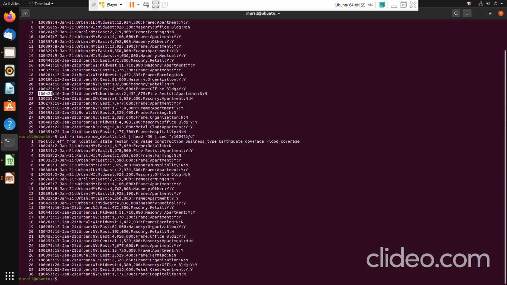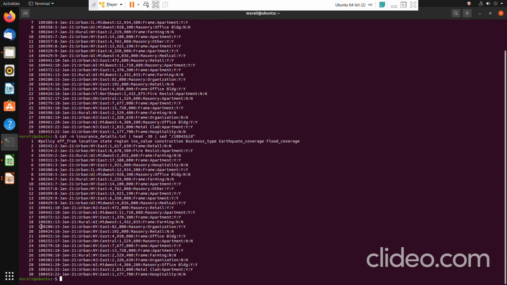In this output, do we have 100426? After 100425, 100426 is supposed to be there. No, it is not there. After 100425, 100252 is there, correct? So that is there, but 100426 is not there. One more thing we need to understand: when I have given it like this, SED will not take action on the file, because SED is receiving the input from head through the pipe, and it will take action on the buffer.